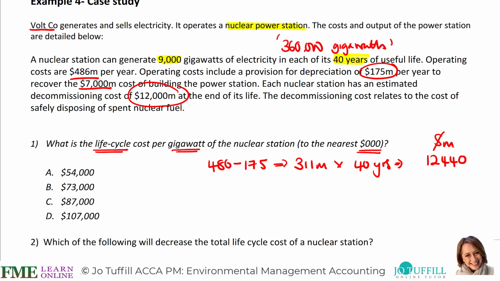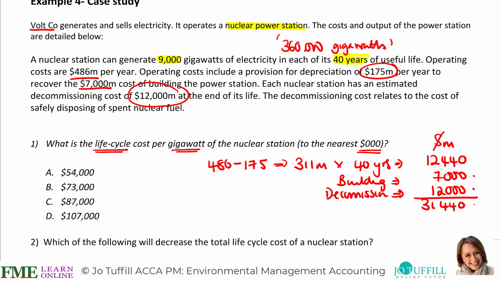Then we add the building. So the building was 7 billion, which is 7,000 million. And then we add the decommissioning, which is 12,000 million or 12 billion. We add all that together and we get 31,440 million. Now we need it per gigawatt, so therefore the 31,440 million needs to be divided by